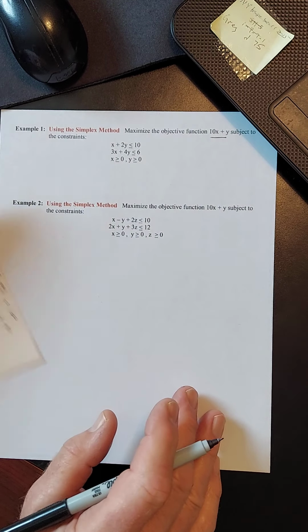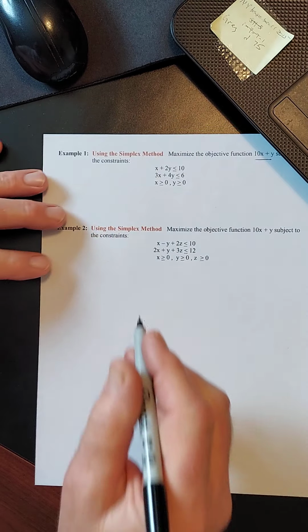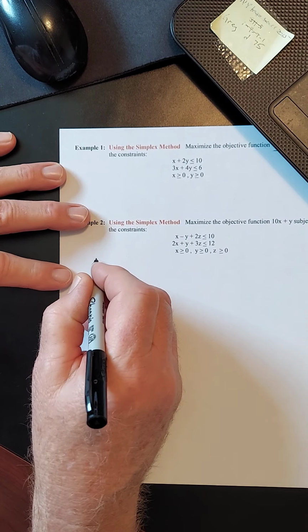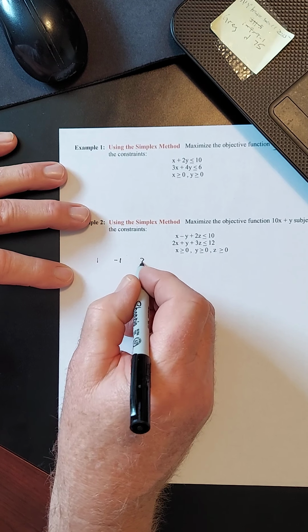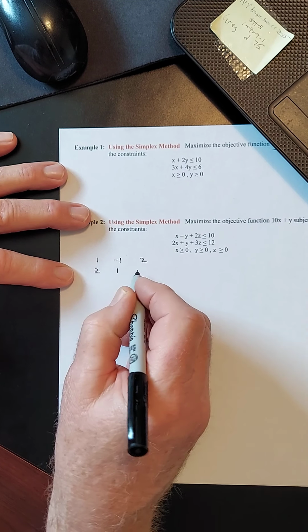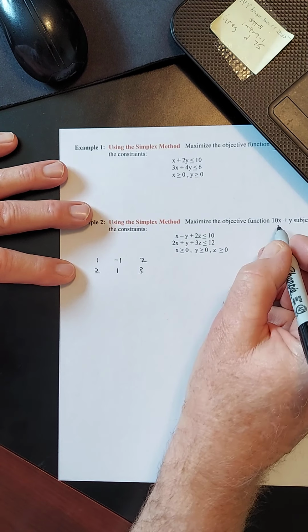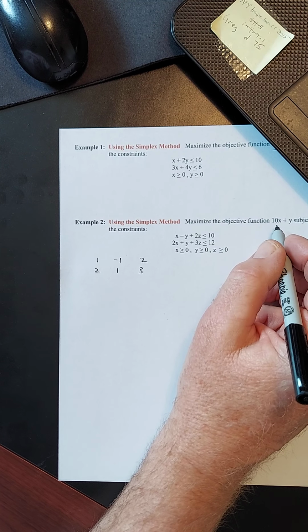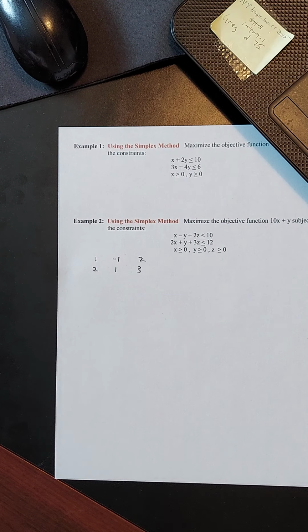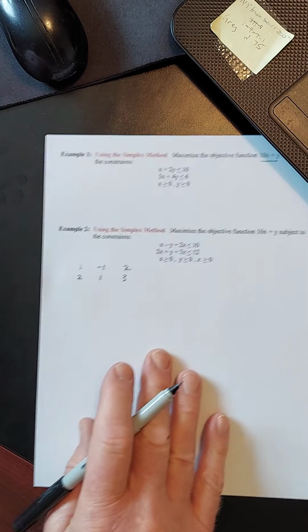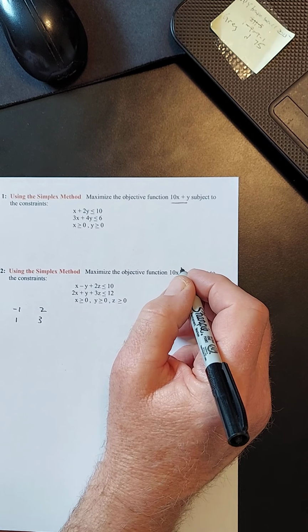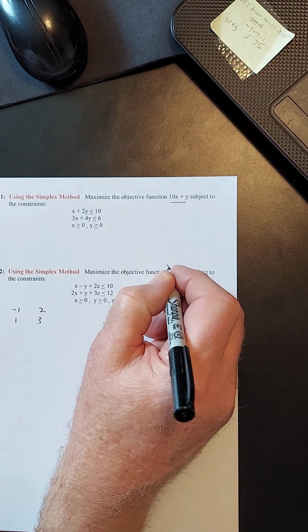Okay, one more example. Let's see how this goes. Okay, this has got z in it. So we got 1, negative 1, 2, 2, 1, 3. Then we're going to have from here. Oh, I think I miscopied that. Hold on. Yeah, I didn't change that. This is supposed to be x